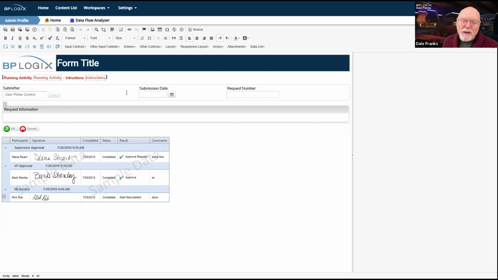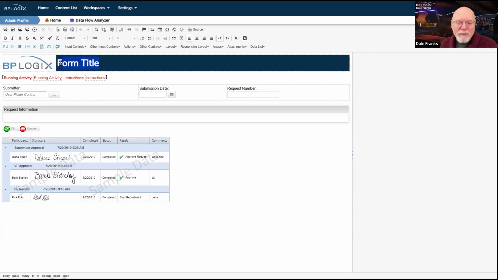In our case, we have the standard dark blue and steel blue BP Logix colors, which I want to implement. In this case, I've implemented the dark blue because it provides a greater contrast ratio between my white foreground text and this nice color here that I have in the background.